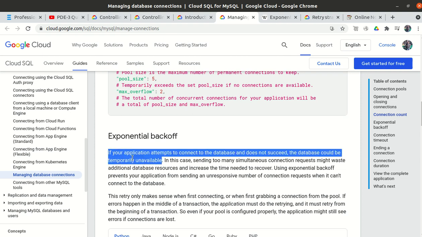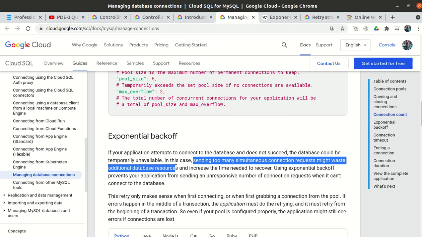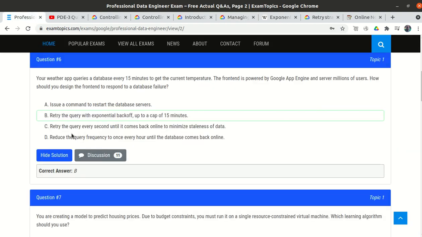In this case, sending too many simultaneous connection requests might waste additional database resources, increase the time needed to recover, and also increase network congestion.